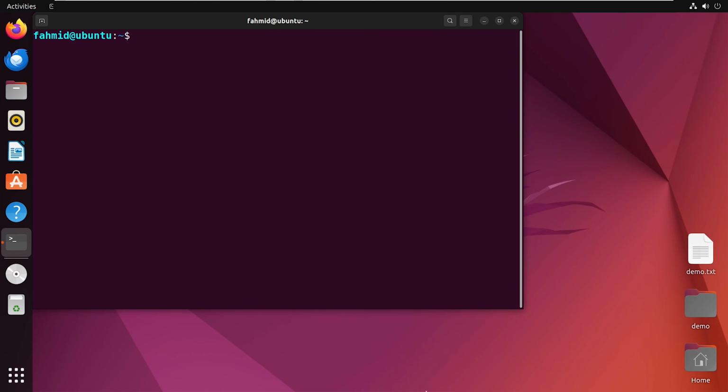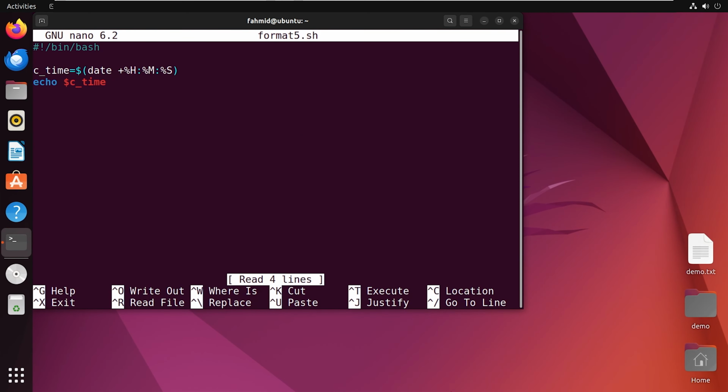Lastly, in example 5, I will show you how to format date in the 24-hour clock format. So let's see how it works. For this case, I have already created a script named format5.sh. Here I have started with the shebang line, then defined a variable ctime, meaning current time, which is set to a command substitution of the date command combined with multiple format specifiers, starting with %h, which gives the hour in